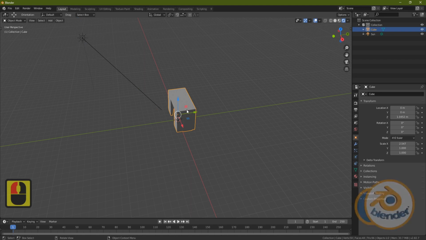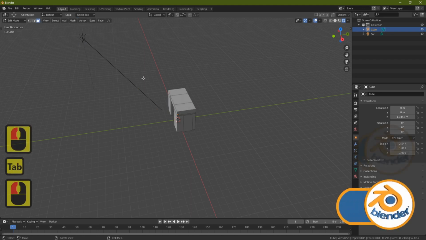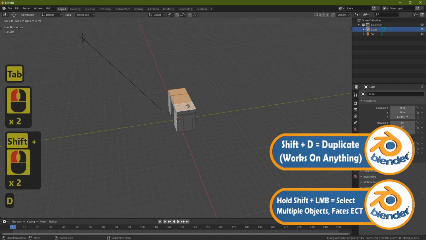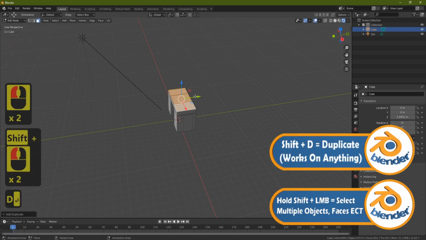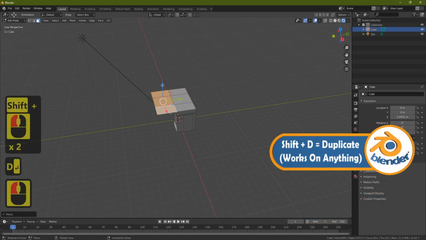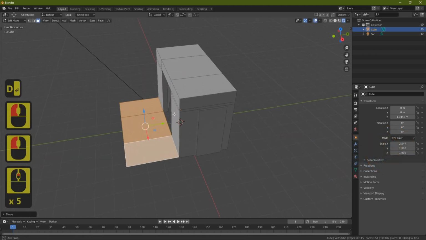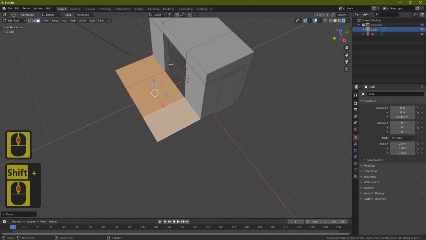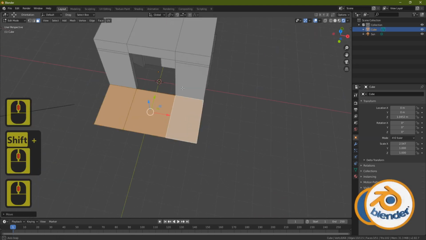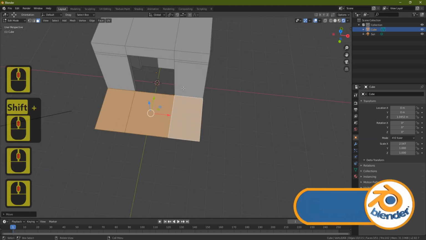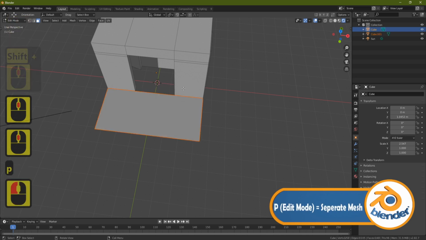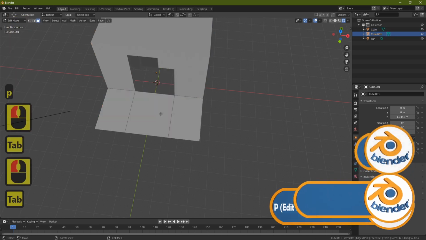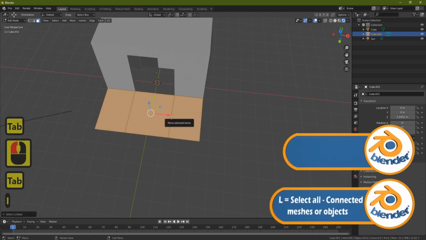Now let's grab this part, press the tab button, face select, grab the top parts of this, shift D just to duplicate, enter, pull them across, and let's pull them down. And I find generally that the top of here makes a good size for your planks of wood, although you can make them a little bit wider if you needed. Now let's press P to separate this, tab, click back on it, tab again, L to select it all, delete,